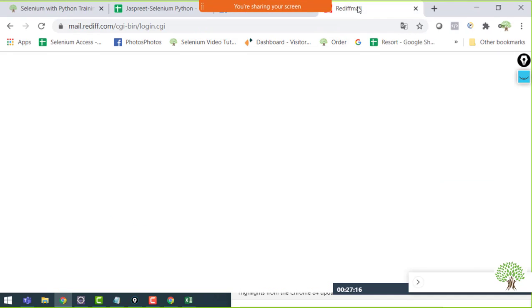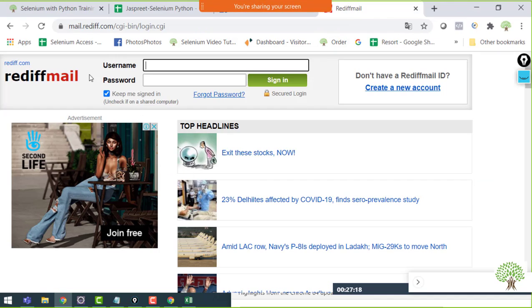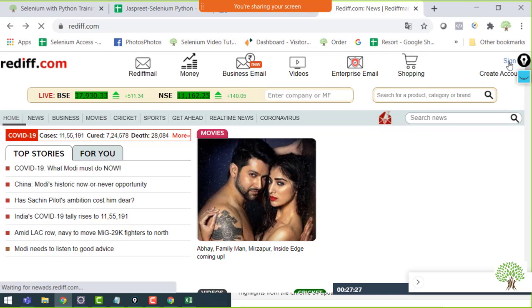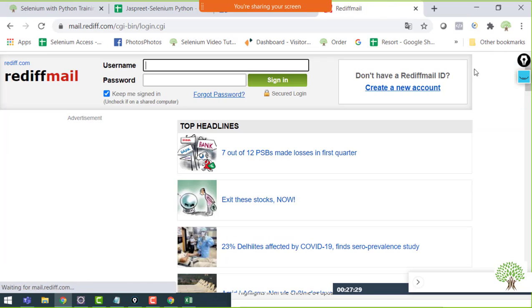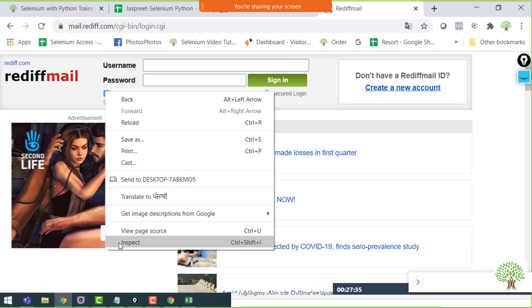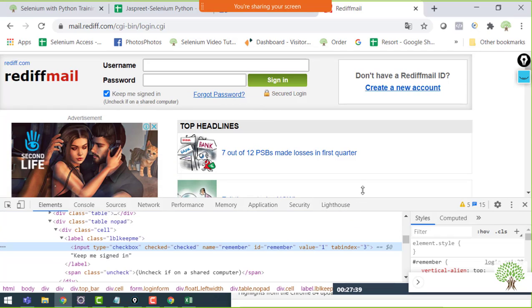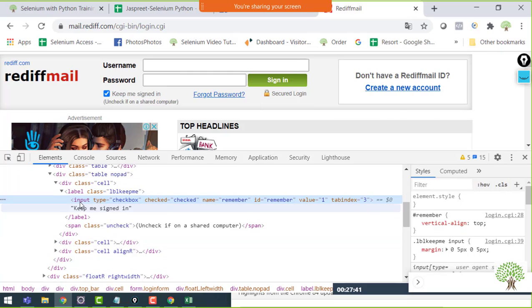Over at rediffmail.com, you will see the sign in link on the main page. Just go over this, and this is the checkbox that we get. If I inspect this checkbox, you can see that it has the tag name input and the type as checkbox.